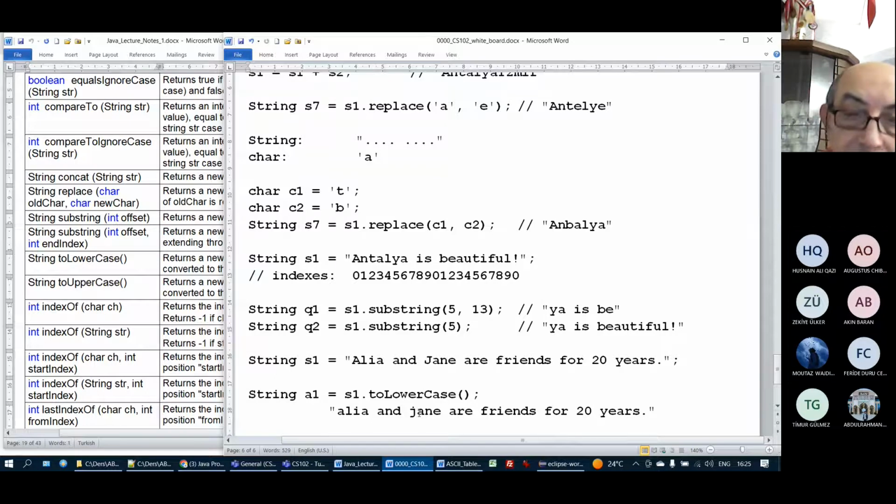Okay, it doesn't change any other character. It only changes uppercase letters to lowercase. Similarly, if I have, for example,